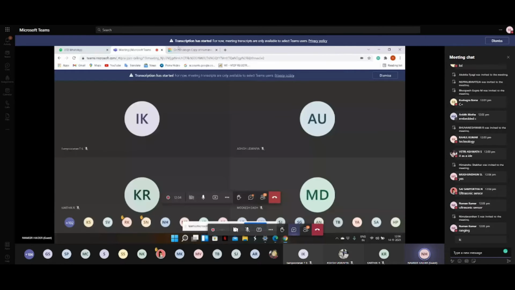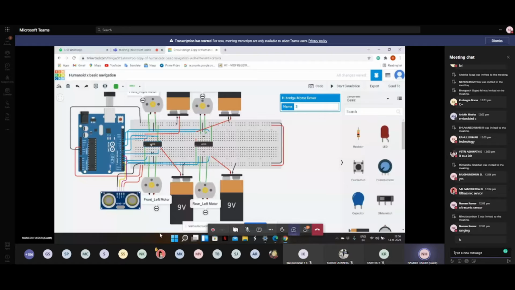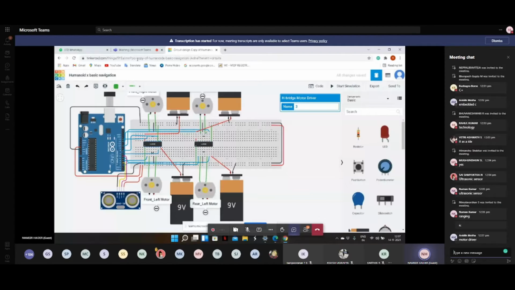But what is this IC used for? Does anyone of you know? What is this basic IC called? One of you answered motor driver, right? Yeah, it's a motor driver. You're correct. Let me just show it to you once.